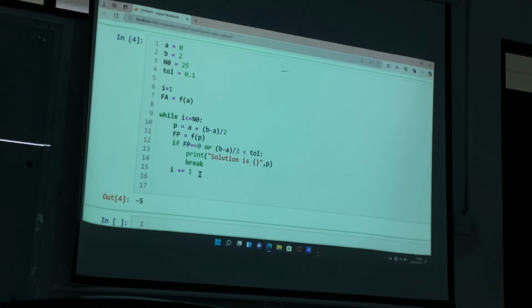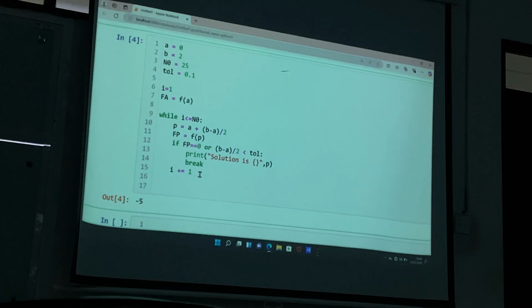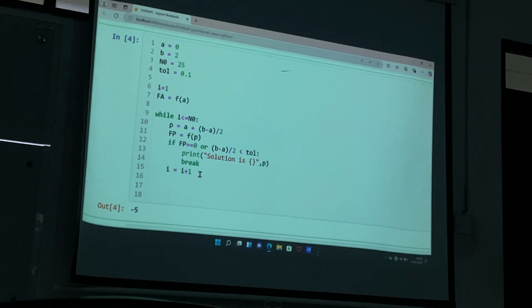So I added by 1, or I equals I plus 1, is the same as this. And we check if FA times